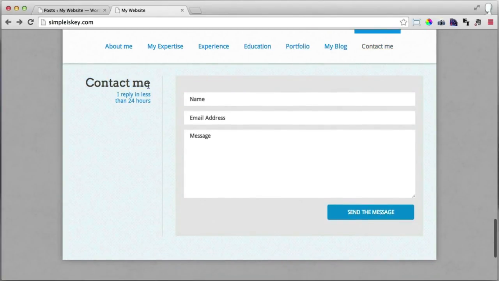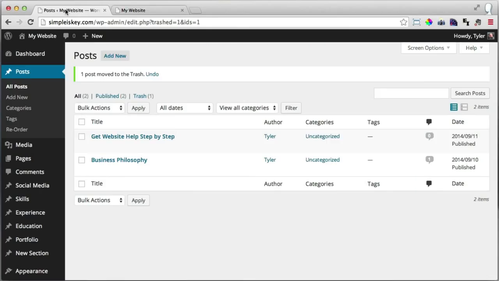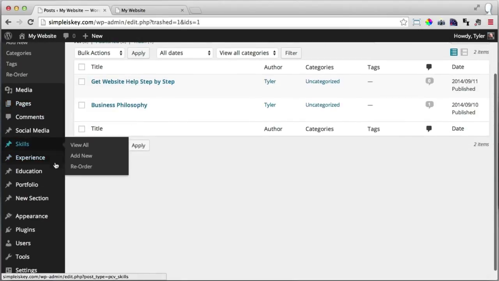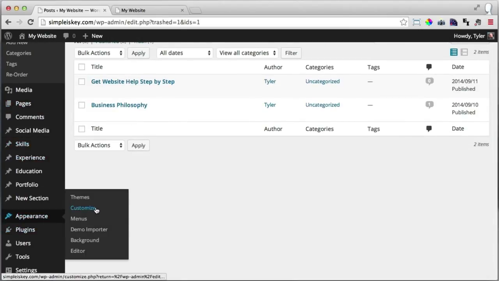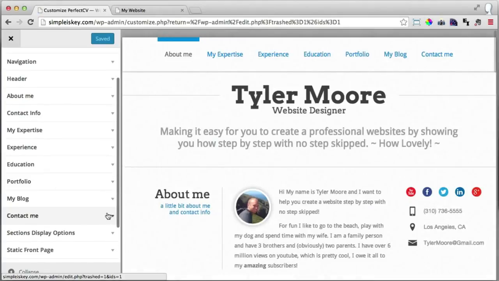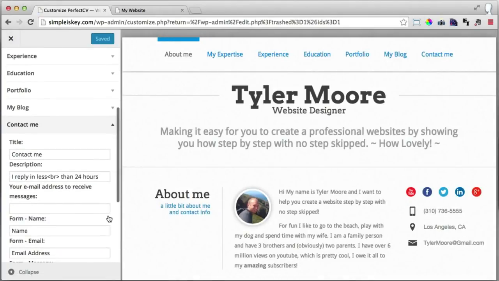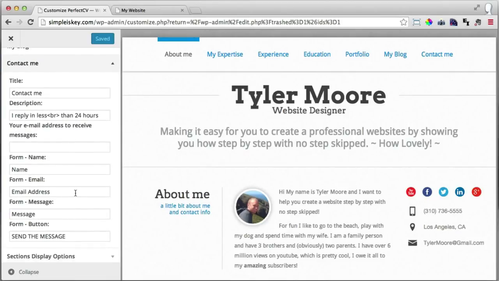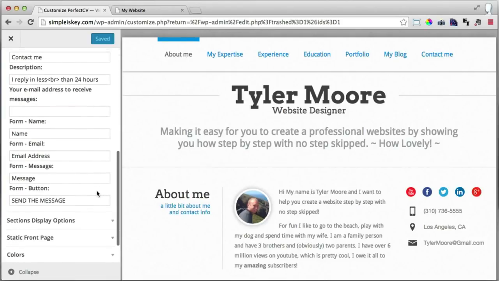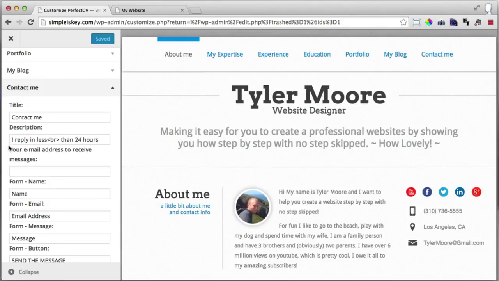The next thing that we're going to do is we're going to learn how to set up this contact me. So when people fill out this information, click send the message, it will actually send to our email. So to do that, we go to appearance and customize, and just click on the contact me. And it's asking us where you want it to go. So your email address to receive message. So I'm going to put in my email address,